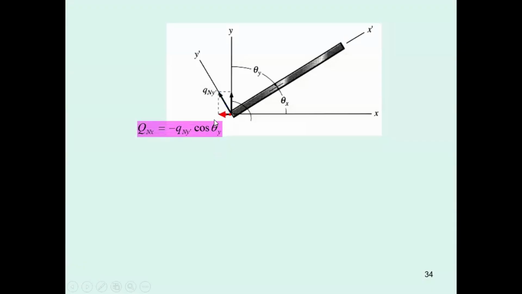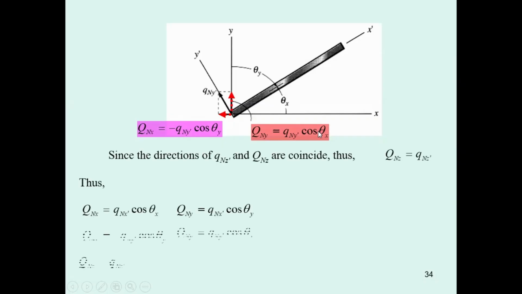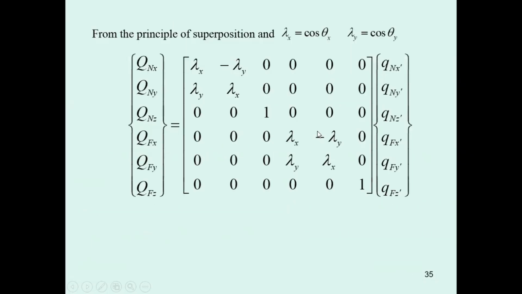Okay, this one is going to be q sub ny prime cosine zeta, negative because it's opposite to the x. And then this one is going to be q sub ny prime cosine zeta sub x. You do all of these things again and rearrange everything. What do you get? It's going to be